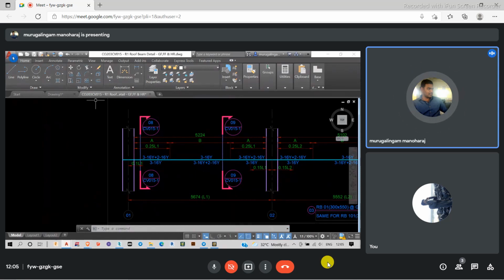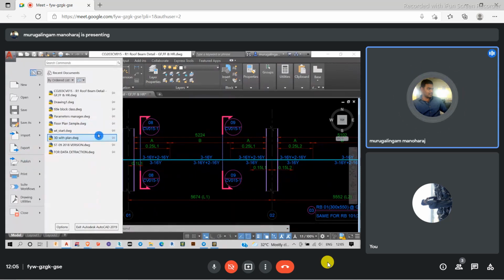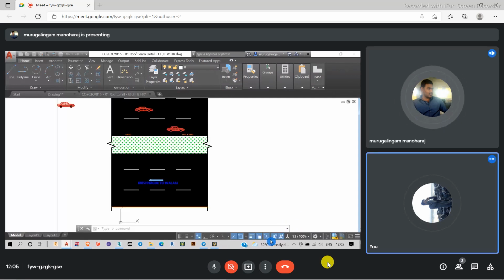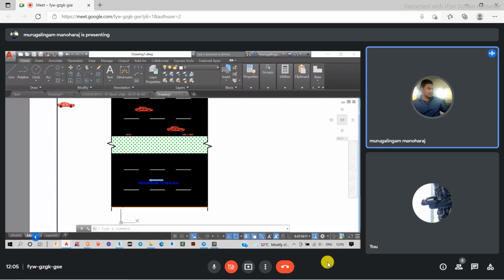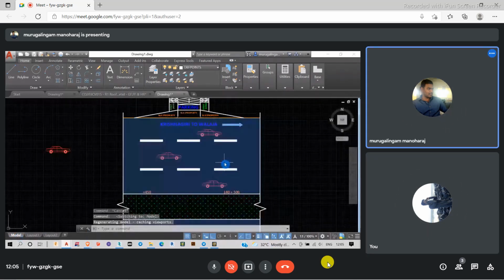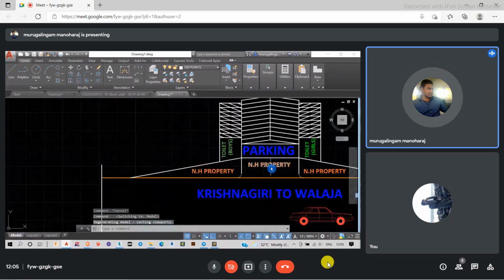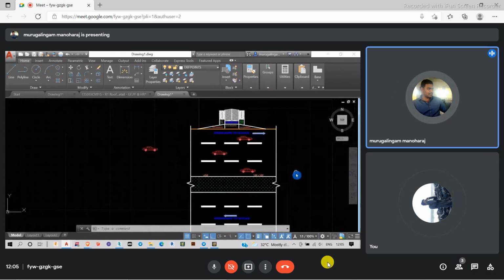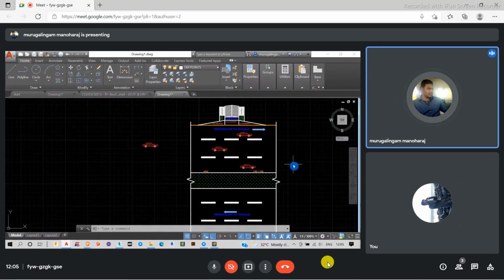For example, I'm drawing a simple layout diagram. What I did is I just added a line width so that it looks good on the paper. Apart from that, there is no reason to add the line weights at all. Whenever I take a printout, it looks better. So that is the reason why I have added the line width.